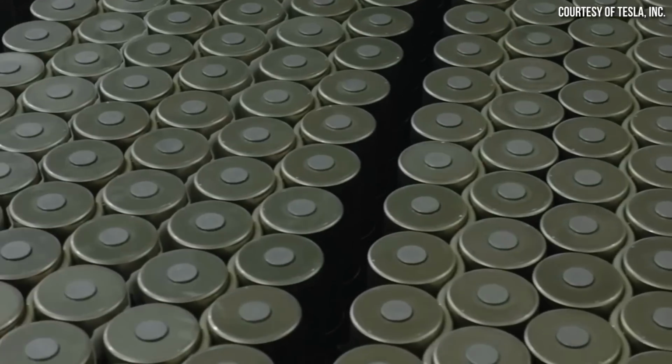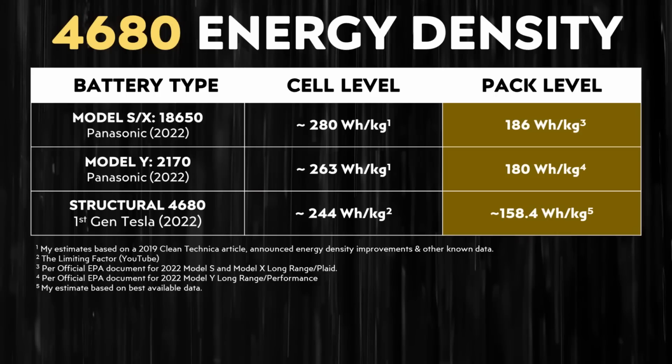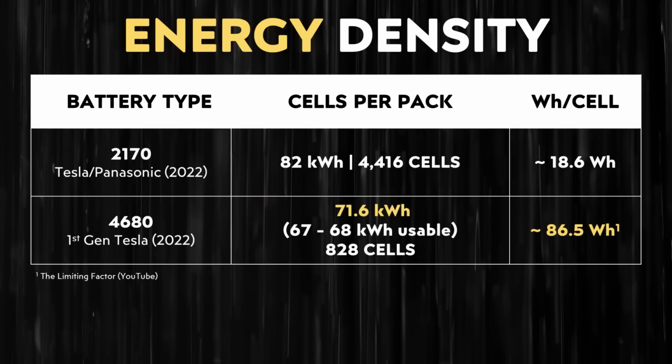When it comes to Tesla's first-generation 4680 battery cells, that gravimetric energy density number is actually closer to around 244 watt-hours per kilogram at the cell level, according to The Limiting Factor. And when you extrapolate that out to a pack-level energy density number, I estimate that it's just a bit under 160 watt-hours per kilogram. Because of this, a Model Y with 828 battery cells, like the standard range all-wheel drive Model Y, likely has a usable capacity of around 67 to 68 kilowatt hours and a total battery pack size of just a bit under 72 kilowatt hours, which is around 10 kilowatt hours less than the 2170 equipped